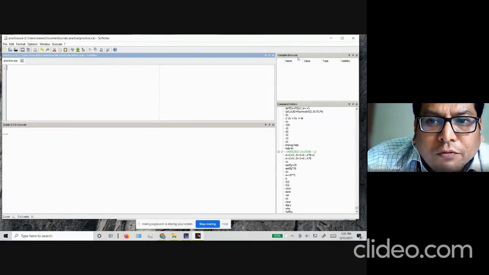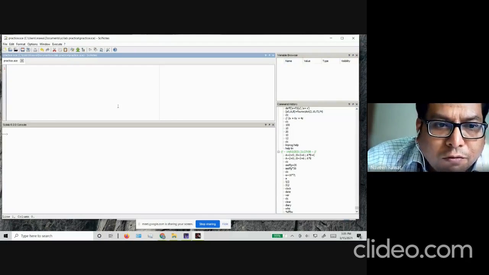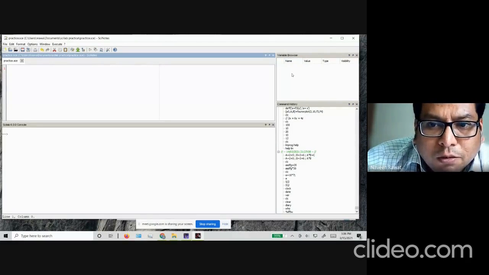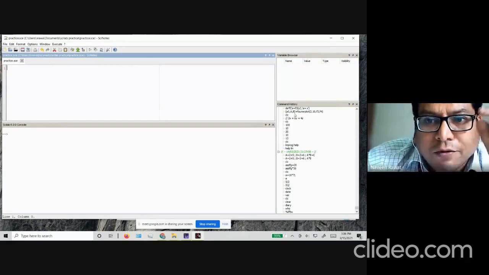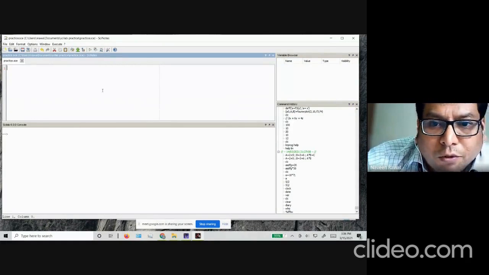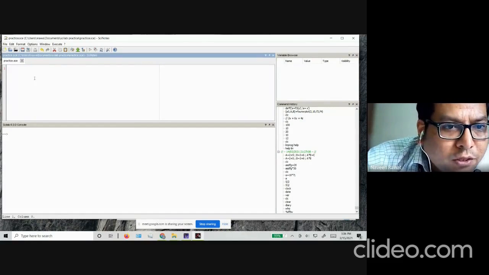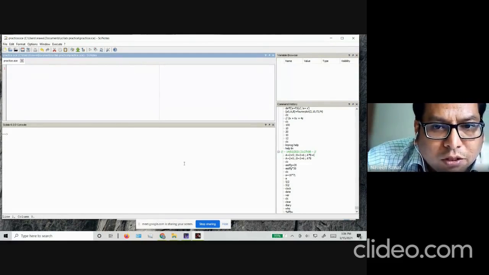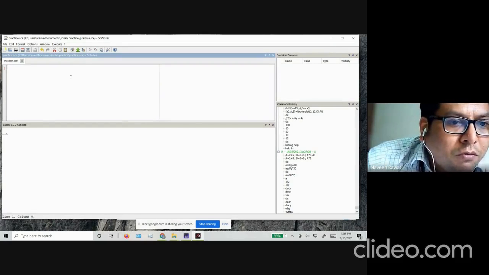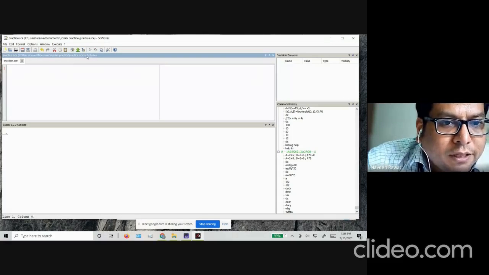We also have a variable browser window. Whatever variables you define will appear here in the variable browser window. And then you have a command history window as well. Okay. So this is the typical setup of how the software looks. All right. And once you execute the program, sometimes graphs will appear, and you can incorporate them into this split window screen, or you can keep them separate as well. What I've done is I've put the practice.sce file here, which is just a practice file, in the SciNotes editor. So I just moved it around here, and it gives me this split window option.